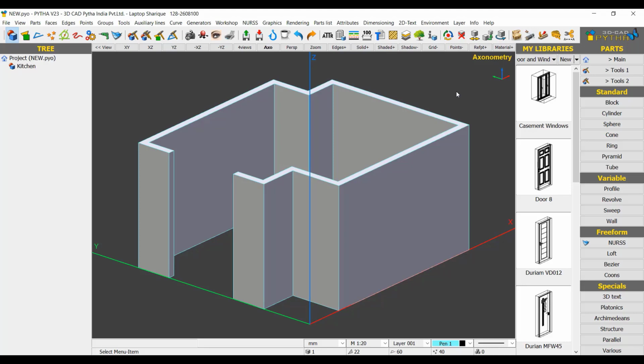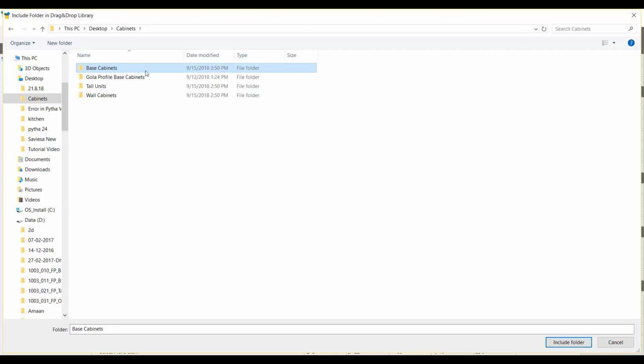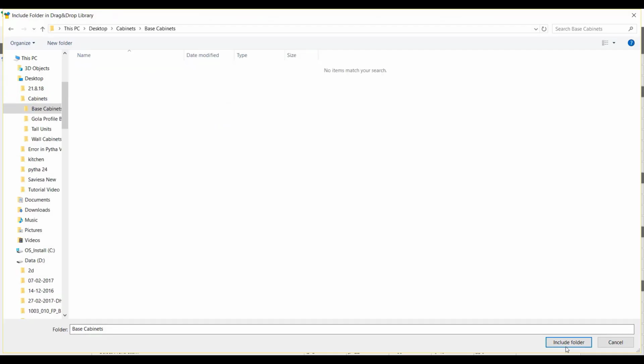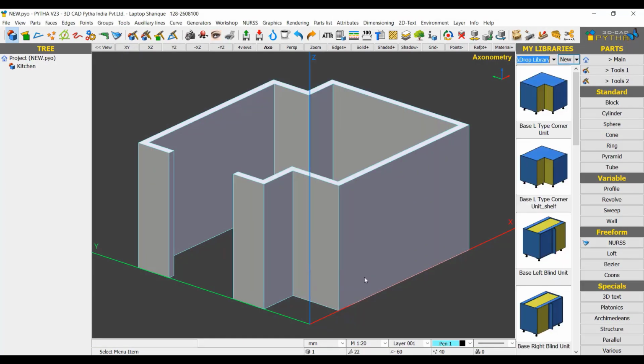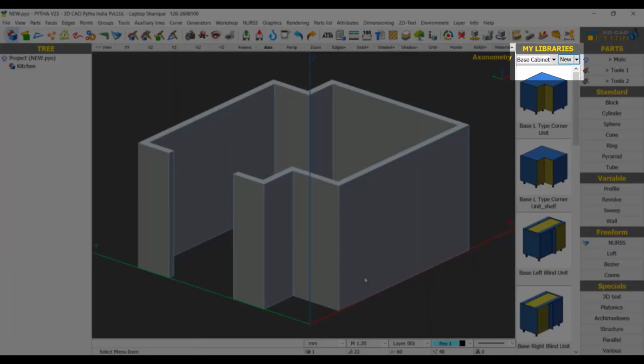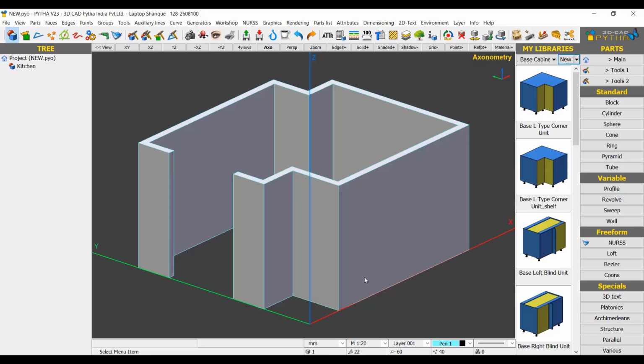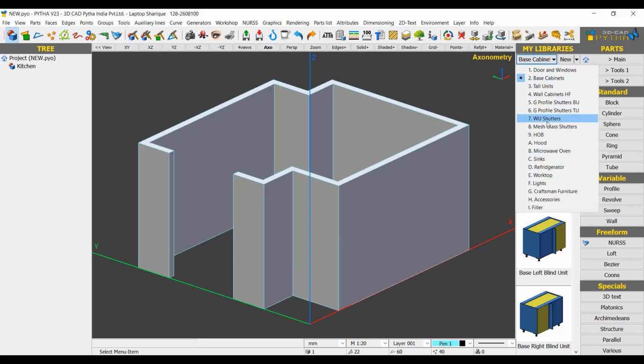Python gives you the opportunity to create your own libraries with your own designs and transform them into intelligent elements. All you need is a well-organized library. How do I load my library elements to my library? Just go to New, Add, select the folder you want to add to your library, include folder, click on OK. Now define the name of the folder. My elements have been added to my libraries. Here if you see, we already have a predefined library with all the attributes and parametrics.